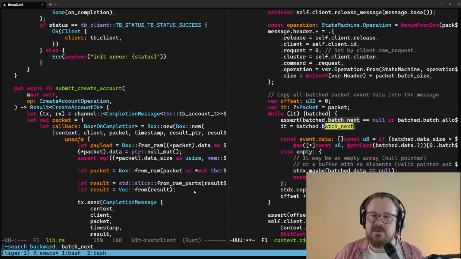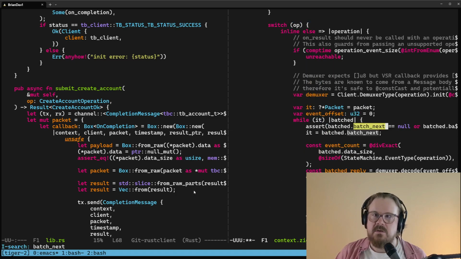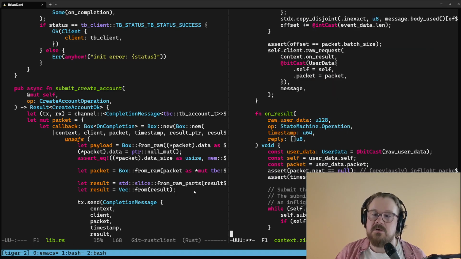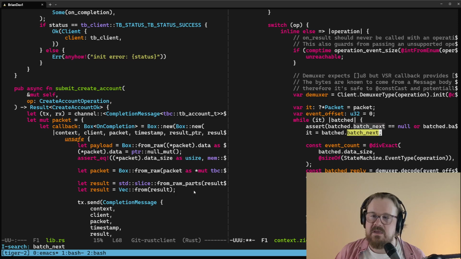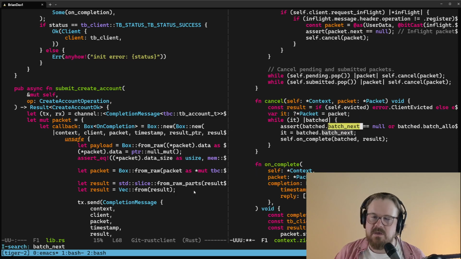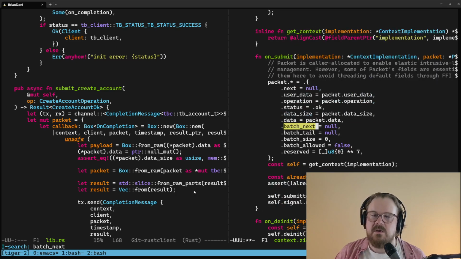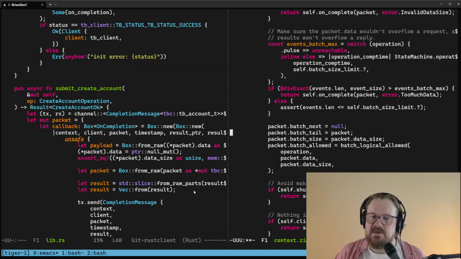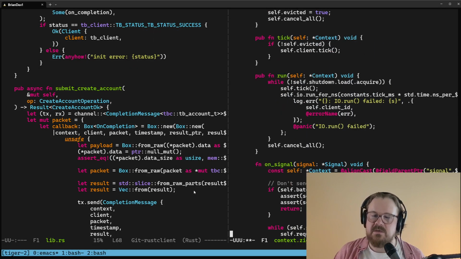All right, we've seen this code. What is this method here? On result. So this is handling the response from the server. I don't want to look at that yet. Cancel, okay. On submit. All right, it's got to be this right here. This looks very promising. This is the